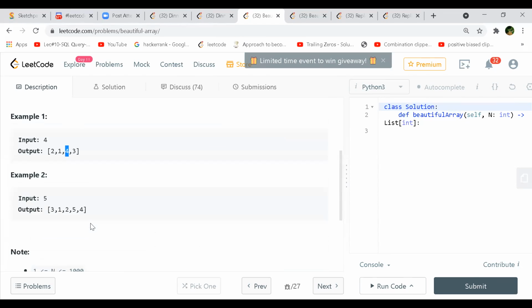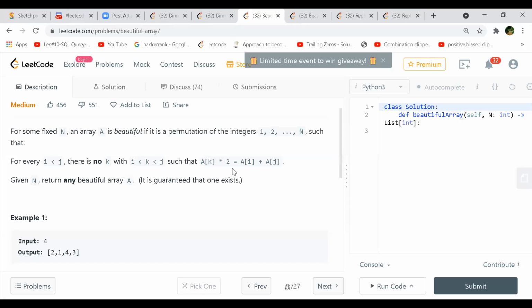So this looks like backtracking again. If it follows this condition, you go like this, otherwise you backtrack and then go for the next, right? If you do backtracking, that will be one way of doing it, but there will be many combinations to follow. Usually you use backtracking if your constraints are within reach. N is 1000, but the number of combinations you will have to check for this condition will be huge. That might be an exponential way of doing it.